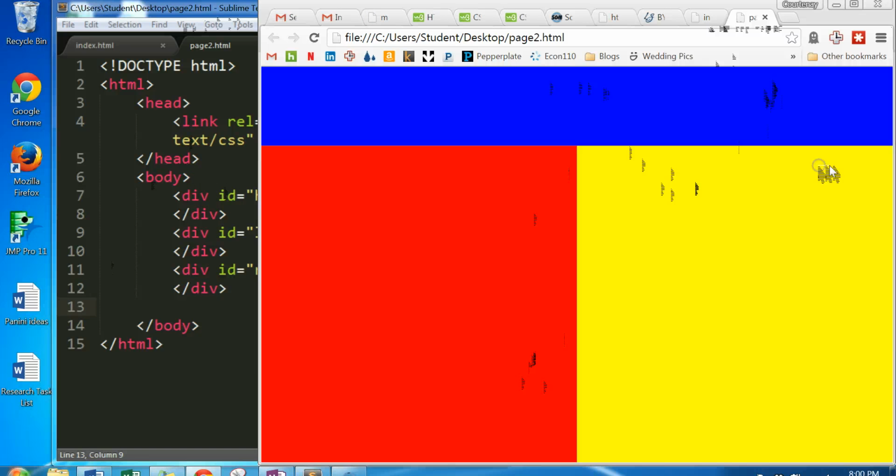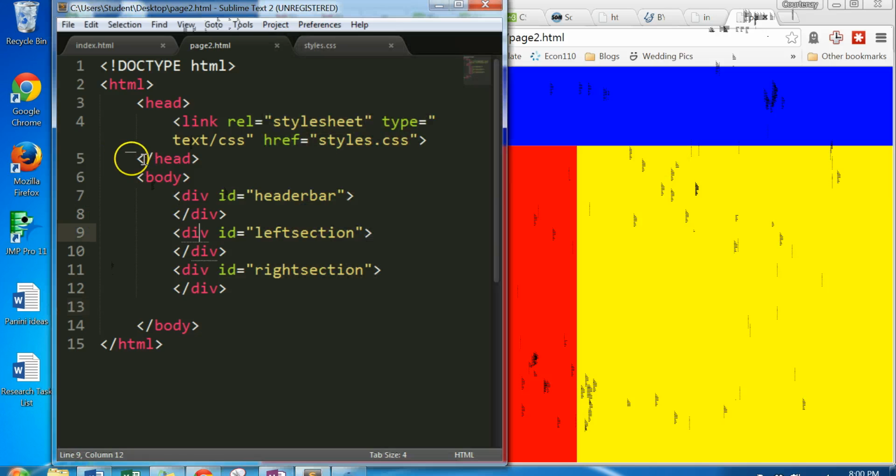Okay, let's say I'm not happy with these colors. I want also a green box because I think green's being left out of this. Well, orange and purple are too. But let's say I want a green box and I want to put it in the middle here, overlapping the red and the yellow. I'm just going to do this on page 2. I don't want it on my page 1. So on my page 2,